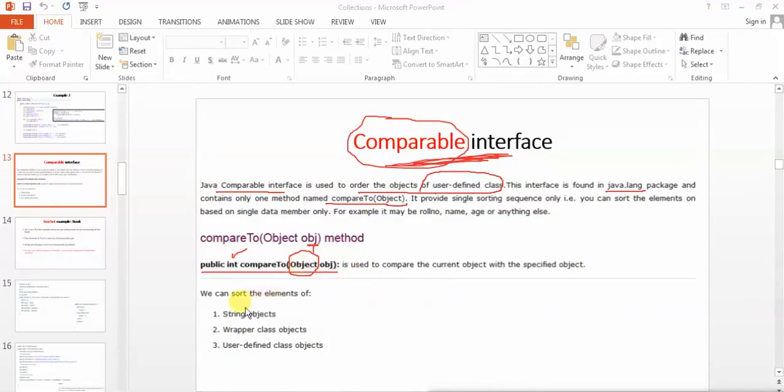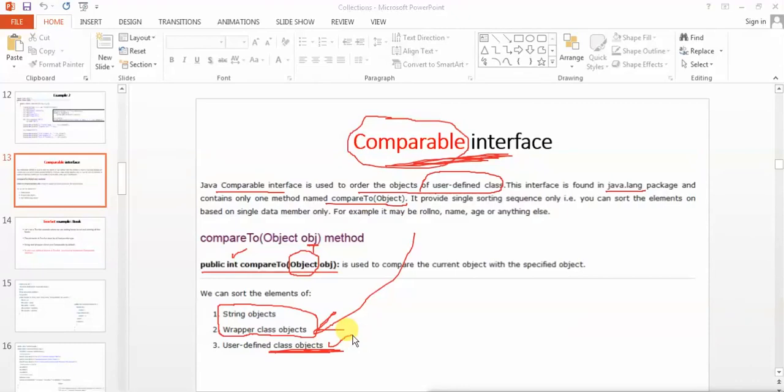You just saw in my video, and I told you, that the wrapper classes and the String class already implement the comparable interface and their objects can directly be added inside the tree set. So you don't provide the comparison logic while adding the objects of these classes into the tree set. But when you make your own class, like a person class or book class or circle class, whatever, then you have to provide the comparison logic inside your class, which will be used by the tree set to sort the objects.